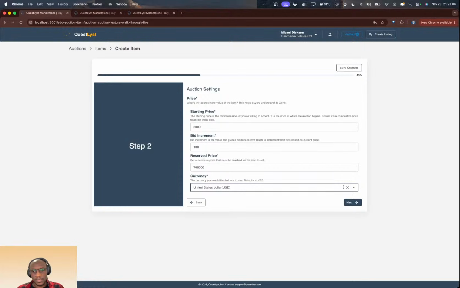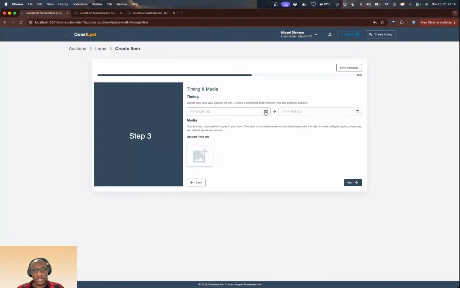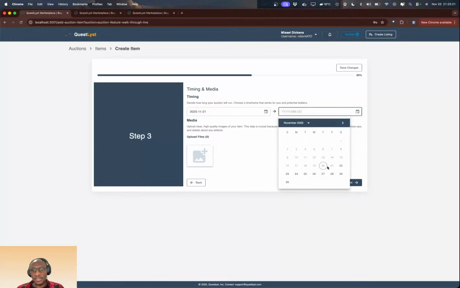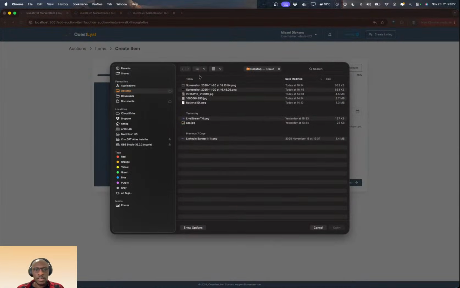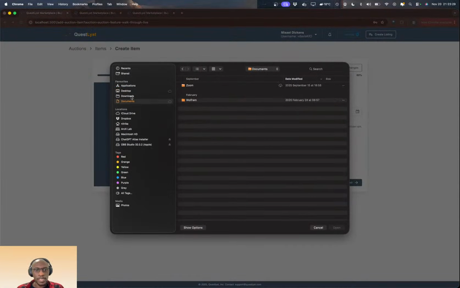Then the currency, we only support these three. Maybe in future we can add more, but for now we just have these three. And this is when you want the auction to start. Let's just set it to the same time as the auction itself. And then I'll say maybe let's make it